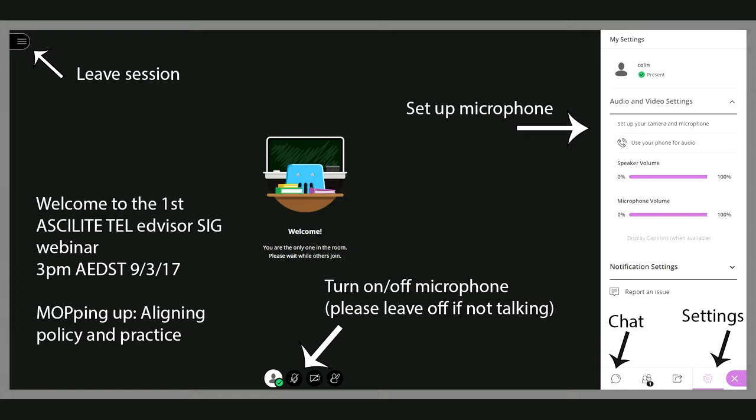Share now. So can you see? There might be 2 share now buttons. No, I've only got 1. Select a slide to navigate. You should be seeing